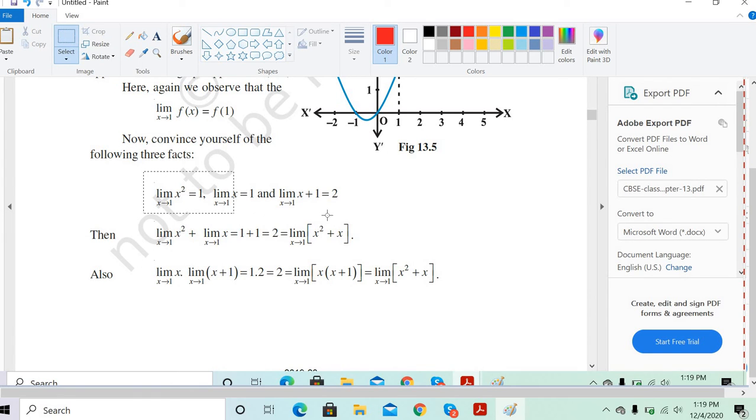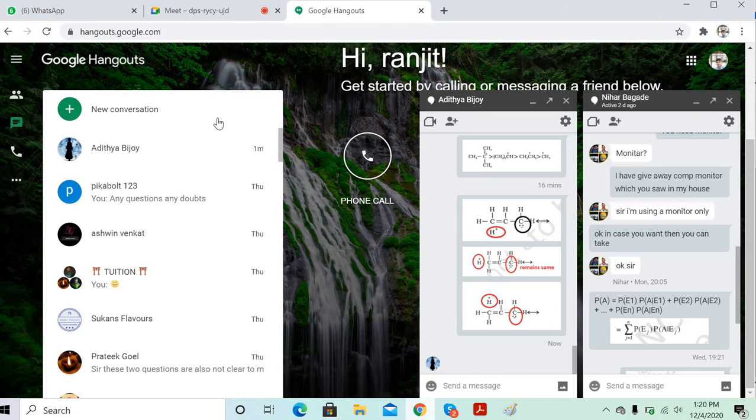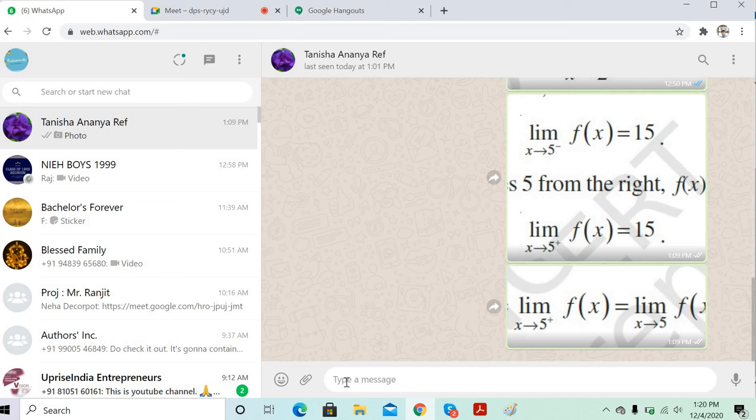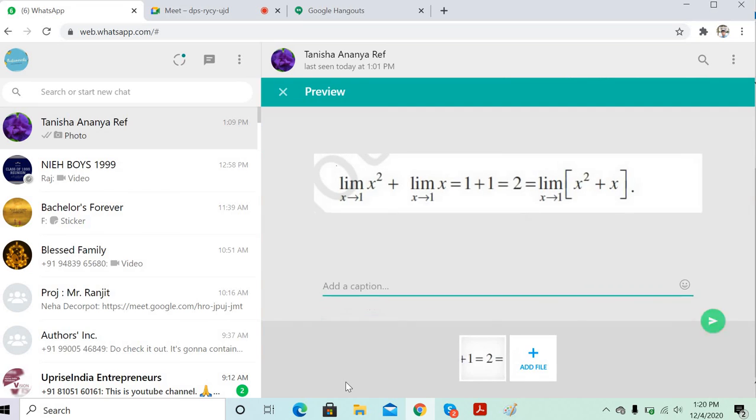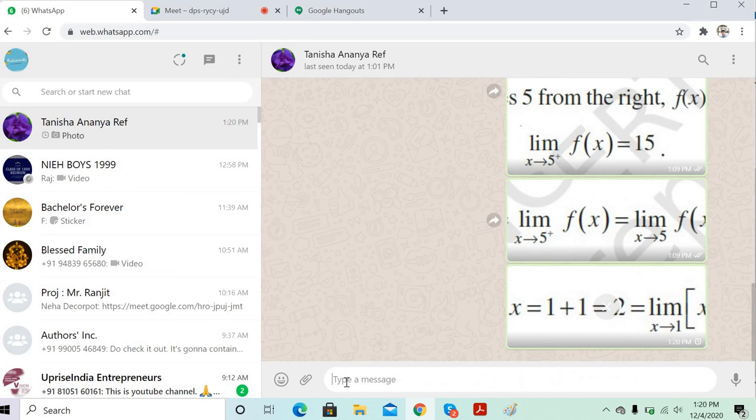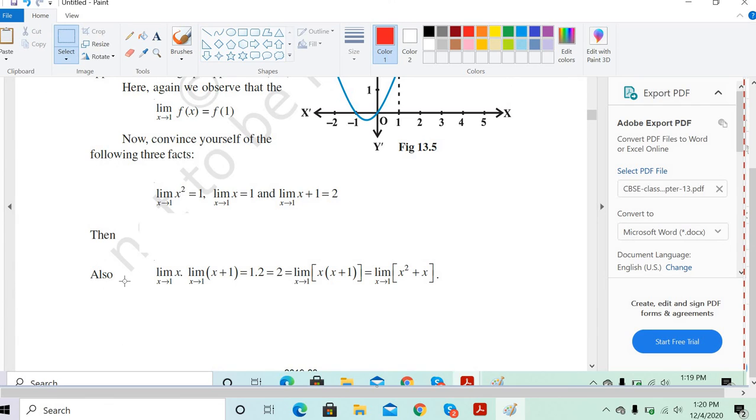When I say you can apply the limit on the separate things also, for example, this is what happens. It means the addition of the two limits separately on the function. So when we say limit of x square plus x, you can apply the limit on x square separately, plus the separate limit on x also. Understood?